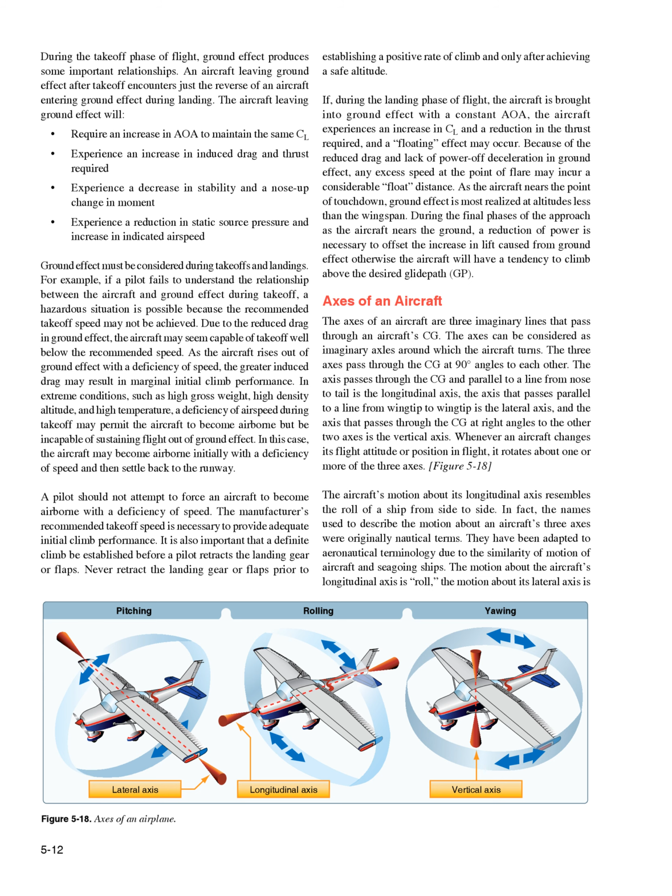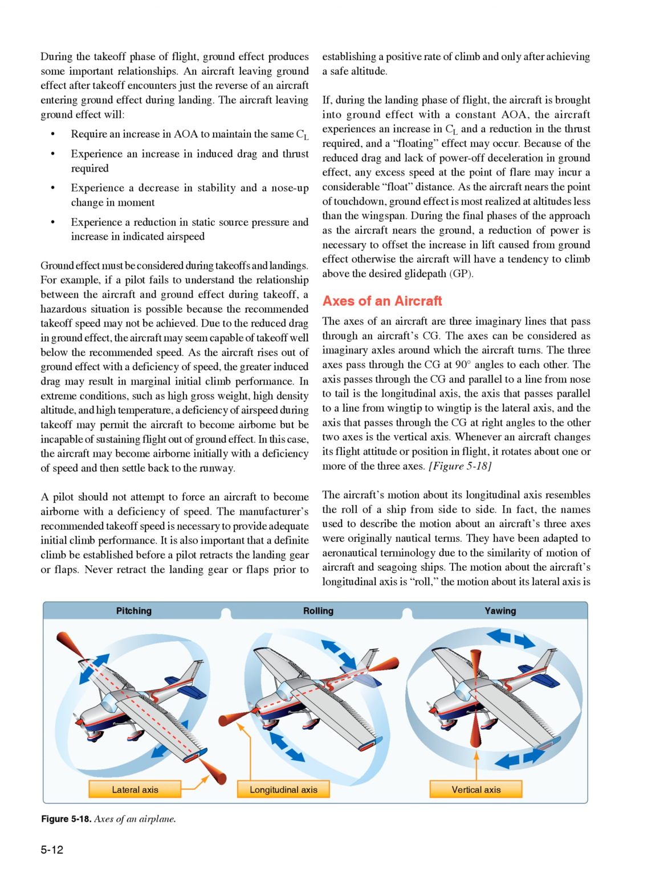The three axes pass through the CG at 90 degree angles to each other. The axis that passes through the CG and parallel to a line from nose to tail is the longitudinal axis. The axis that passes parallel to a line from wingtip to wingtip is the lateral axis, and the axis that passes through the CG at right angles to the other two axes is the vertical axis. Whenever an aircraft changes its flight attitude or position in flight, it rotates about one or more of the three